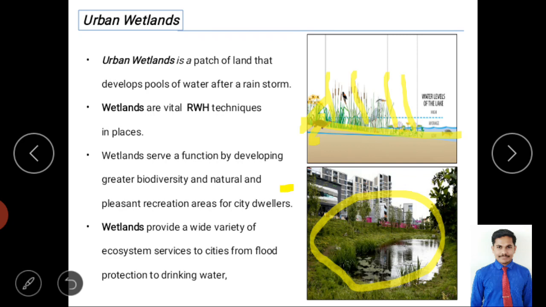And we can even walk in that place, and you will feel that we are in the environment, inside a biodiversity area, right? So it gives very good aesthetics as well as environmental conditions, and it balances human activity with nature, right?